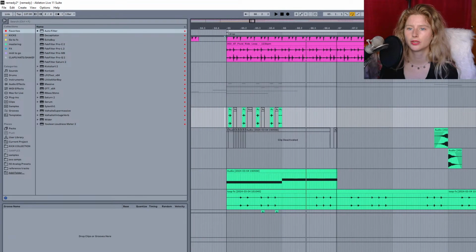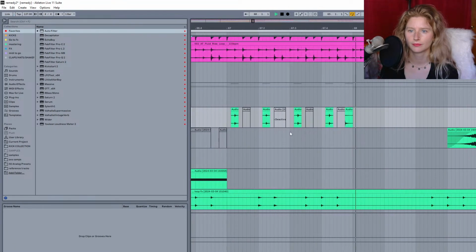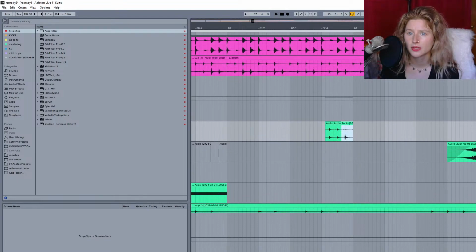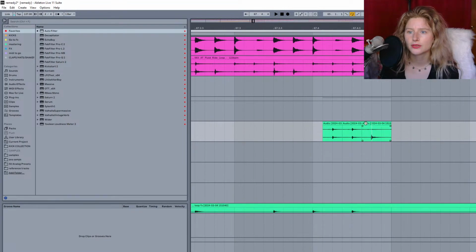Maybe that's a little cool vibe. We just have to be careful because I'm already using this loop, so I don't want to just double up the sounds. I have to use them in new ways. Like this is already here, but we could reverse it.